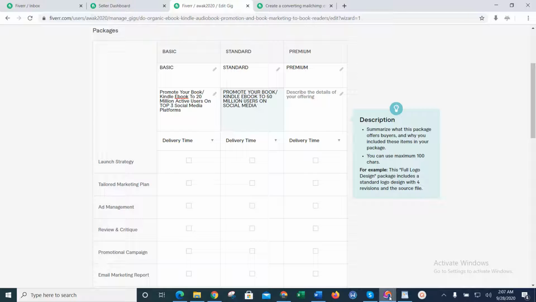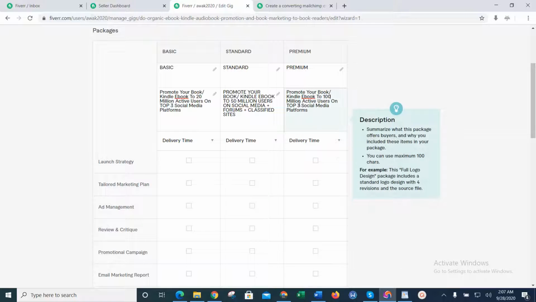Social media plus forum plus classified sites. So you can now edit this to 100 million